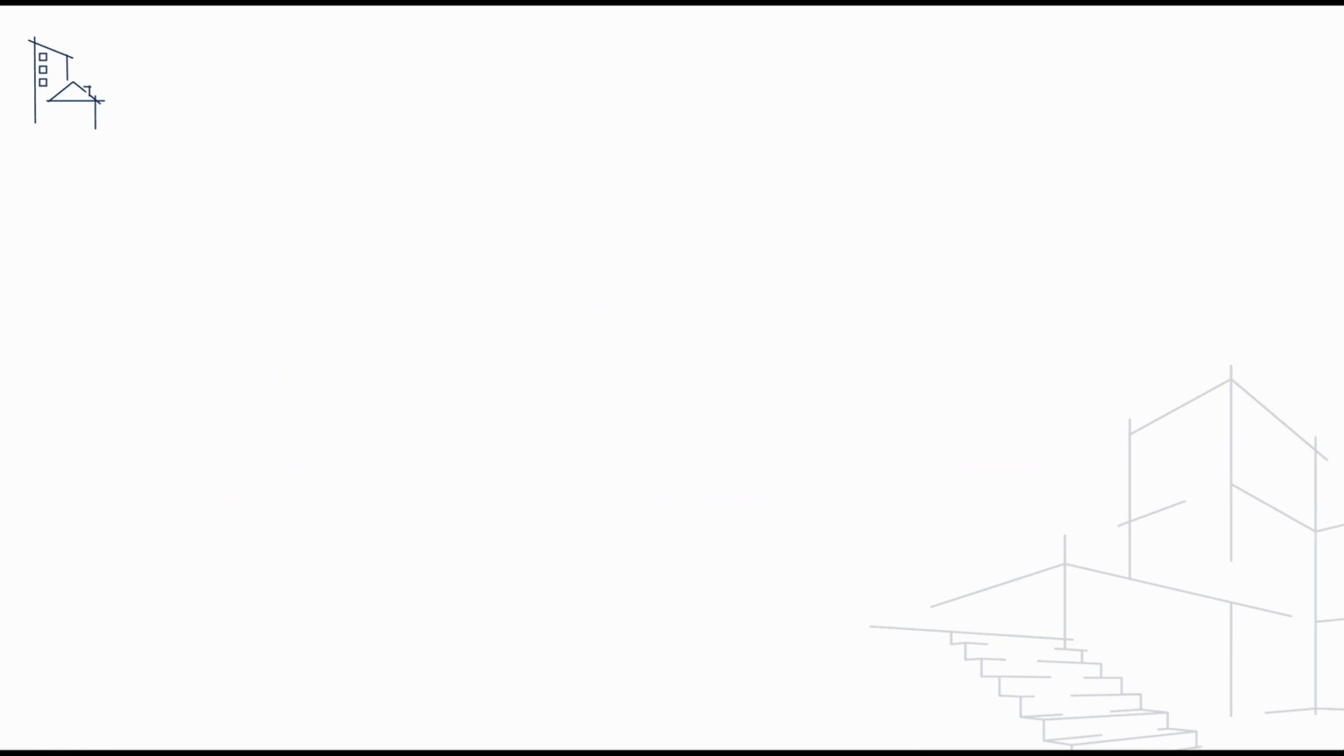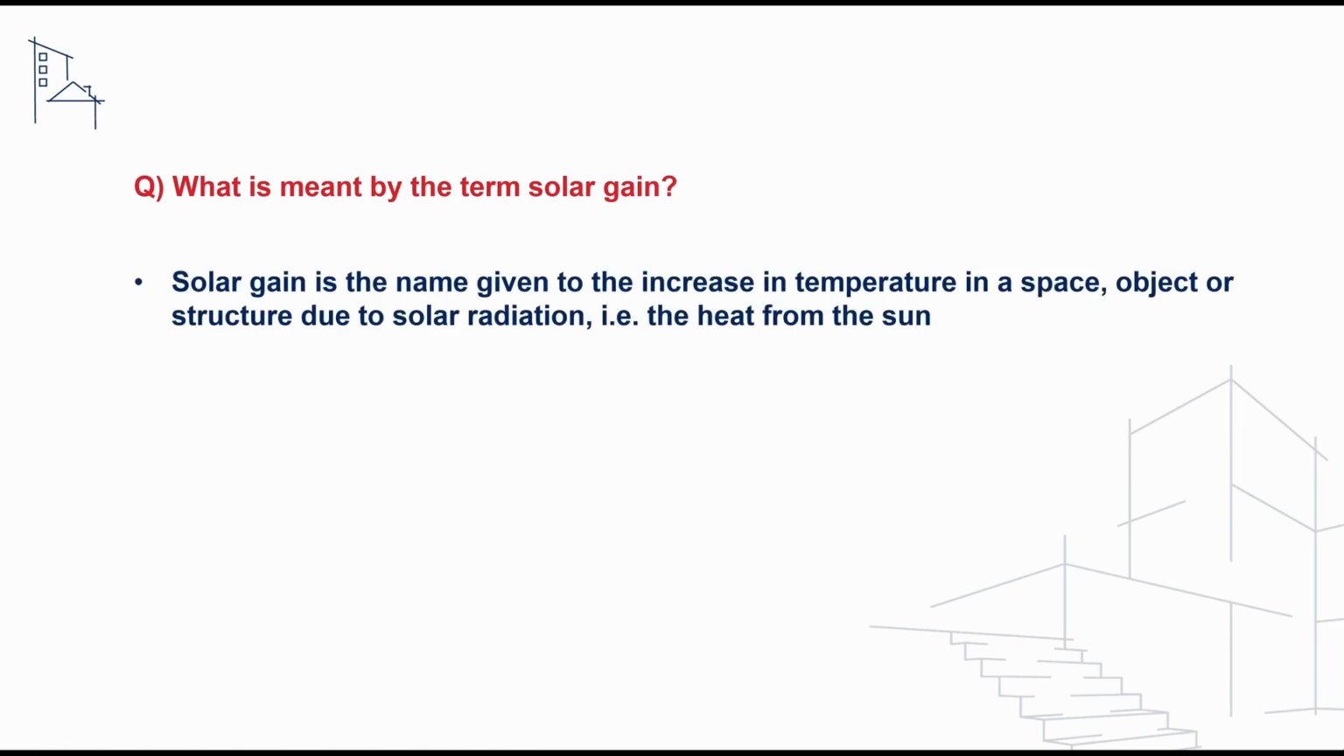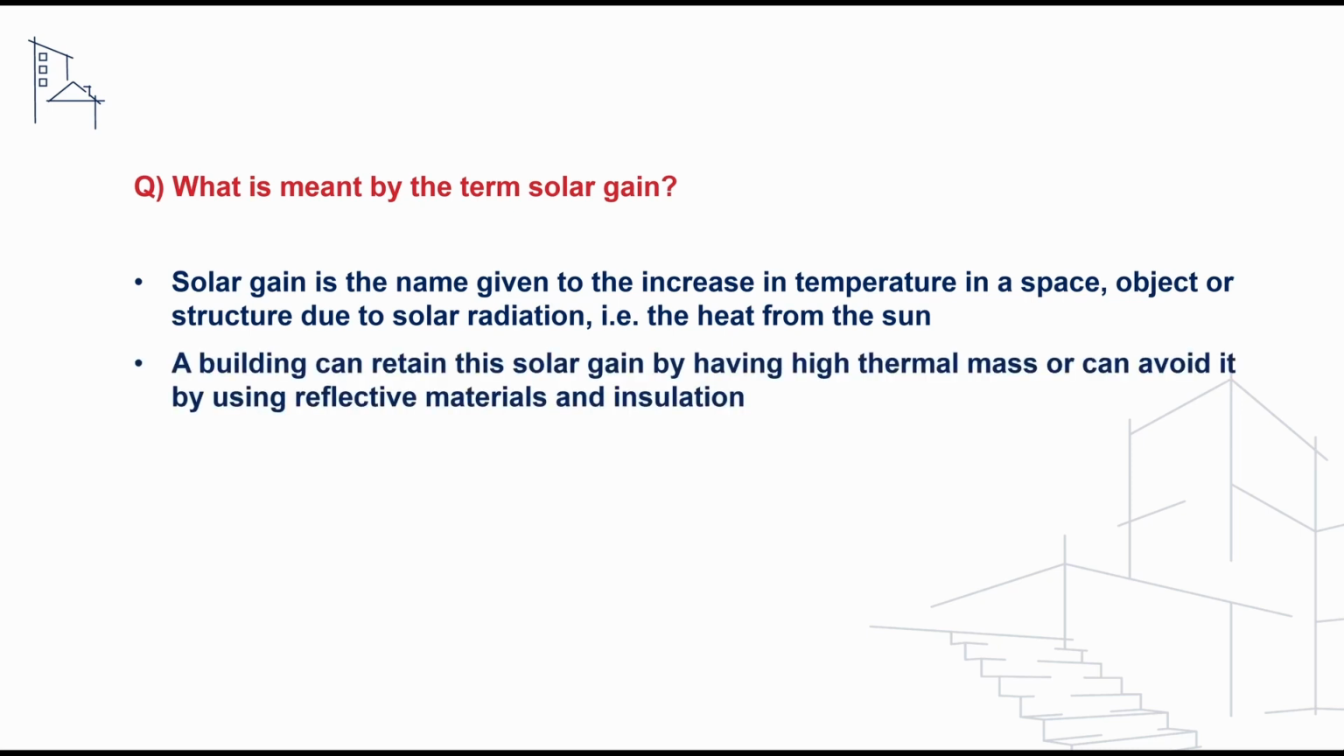offset global warming. The next question we'll take a look at is checking our understanding of the term solar gain, and to address this we can say that solar gain is a name given to the increase in temperature within a space, object or structure due to solar radiation. A building can retain this solar gain by having high thermal mass, or it can avoid it by using reflective